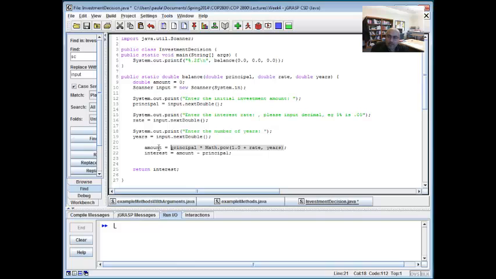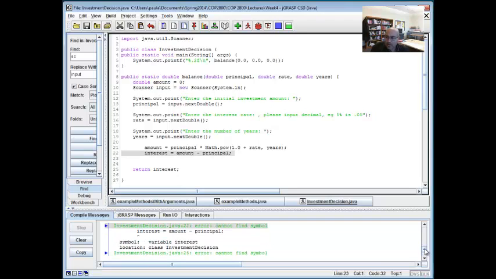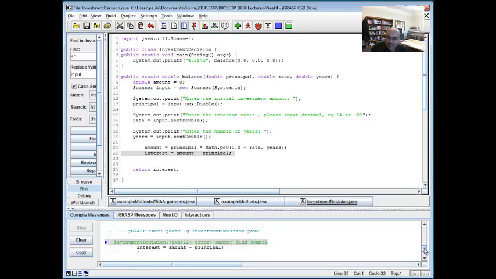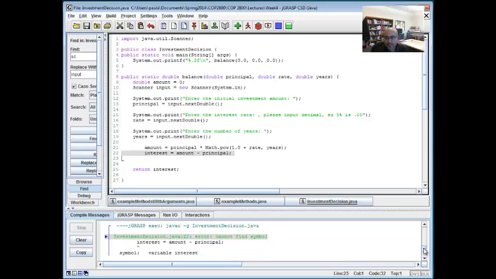Of course, this is my amount, and if I want to find out how much interest I got, I'm just going to say interest equals amount minus principal. So this is my entire amount, and whatever I had for principal, if I deduct that, this is my interest. So let's try to compile this file. And oops. All right, so I actually deliberately left it like this because I wanted to show some of the debugging. Now, it tells me that it cannot find symbol interest, because that's true, I never defined interest anywhere here. So let's go ahead and define